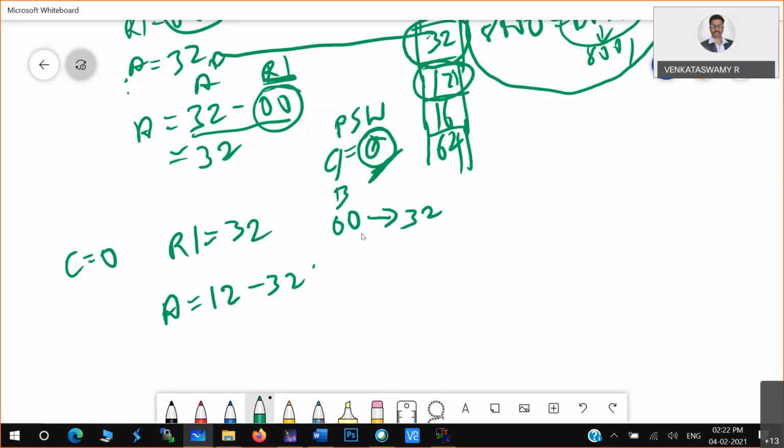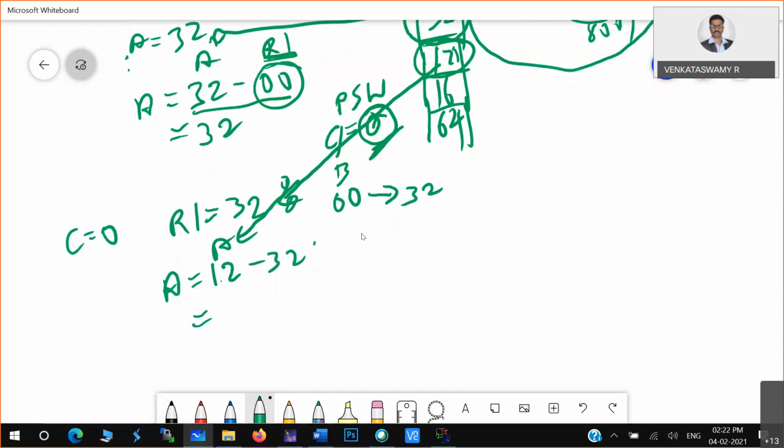So then what I'll do, I'll take the next element. So what is that next element? Next element is basically 12, right? Yes. So now what happens in this particular case? R1 is 32. 12 minus 32, what is the answer? Minus 20. So now in this particular case, there will not be,